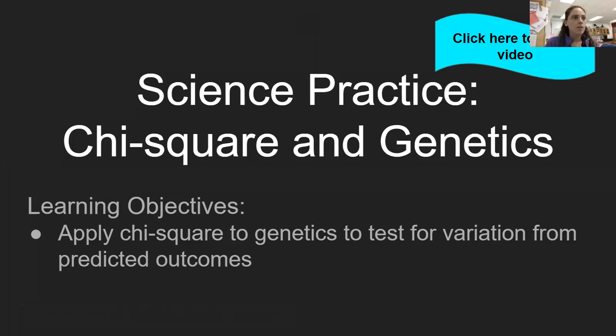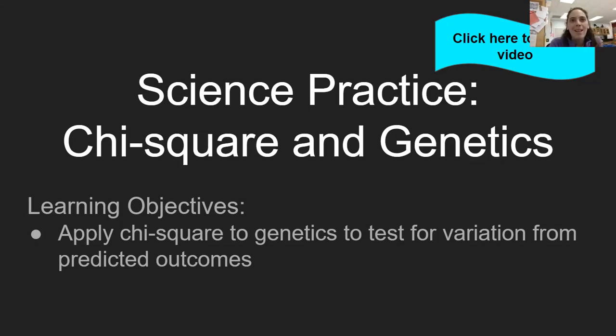Hello, everyone. So today we're going to talk chi-squared and genetics. One of our science practices is being able to use statistics to analyze results. Today we're going to practice using chi-squared to analyze results from a genetic test to see if we get variation from our predicted outcomes. You may recall we did chi-squared back at the beginning of the year as part of our unit 0. And so today now we're going to apply that,